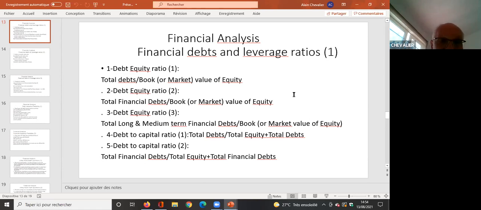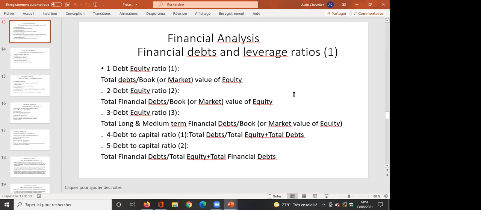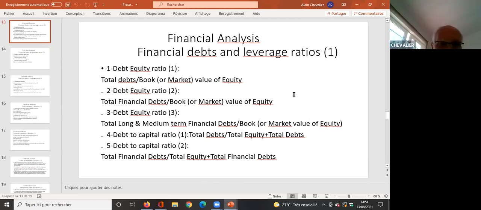You find it in the balance sheet. It means book value. So it is very short: total debts divided by book value of equity. Okay. Progressively,